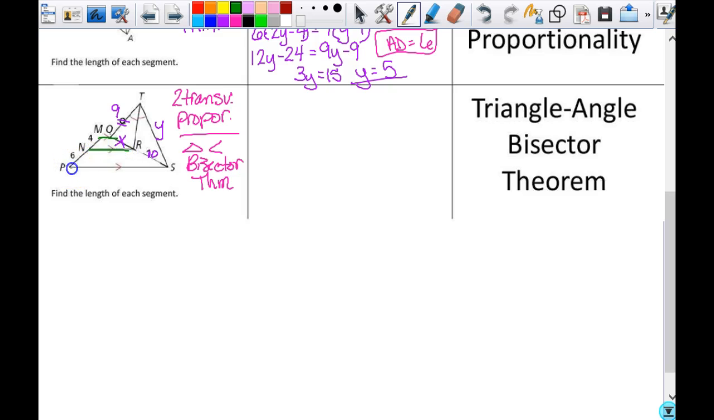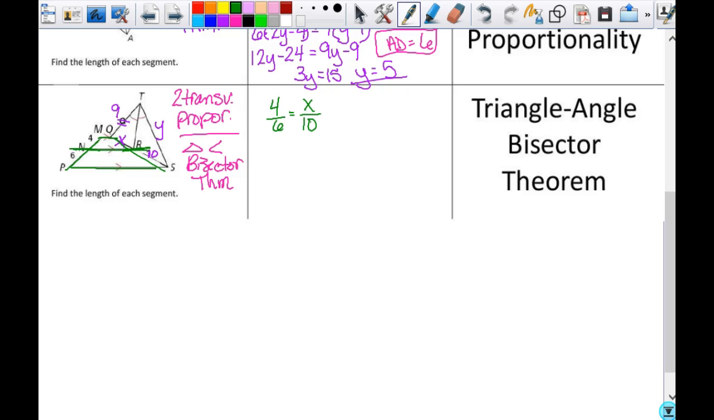So here are my three parallel lines. Here are my two transversals. And so the proportions are already set up for me. I've got 4 over 6 equals X over 10. Okay, so yes, we could cross multiply, but you can also just look at this as